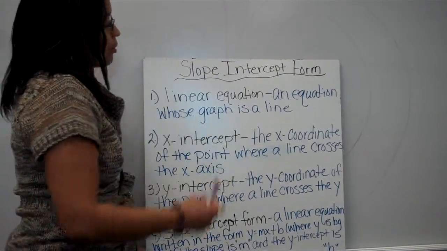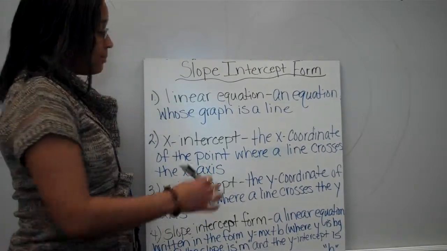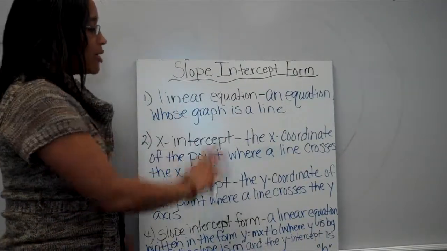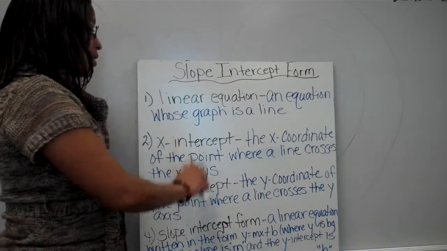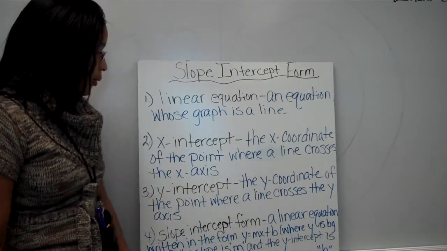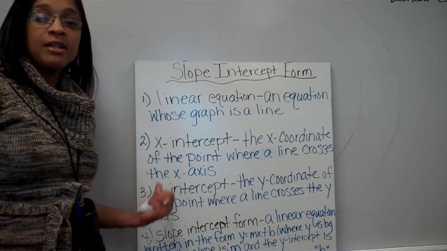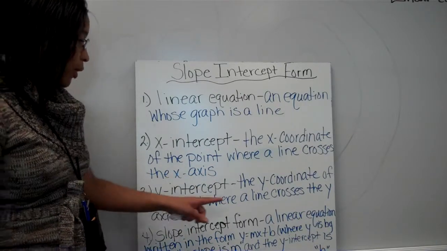So today I'm going to teach you about slope-intercept form, and I have some vocabulary here on this board that you should be familiar with already. A linear equation is an equation whose graph is a line. The x-intercept is the x-coordinate of the point where a line crosses the x-axis. The y-intercept is the exact opposite of the x-intercept, and it's the y-coordinate of the point where a line crosses